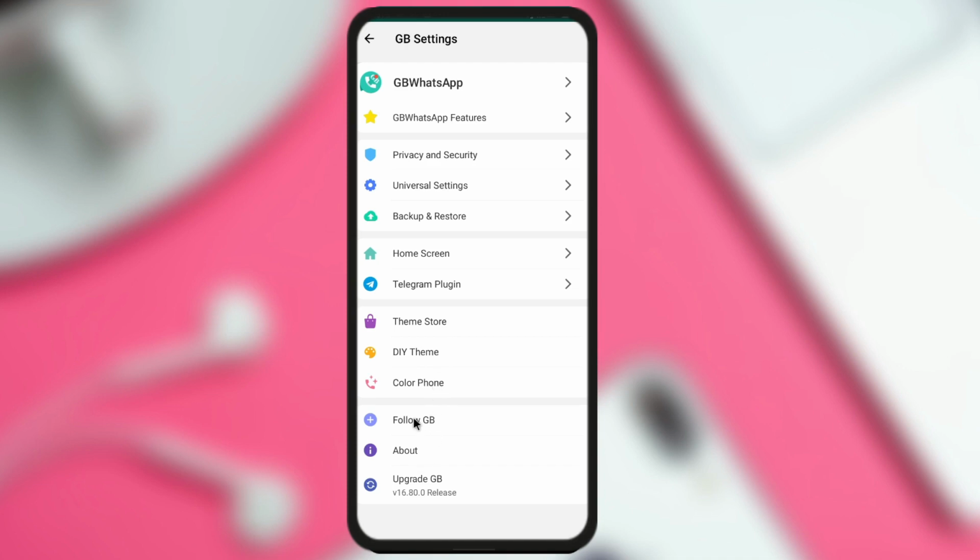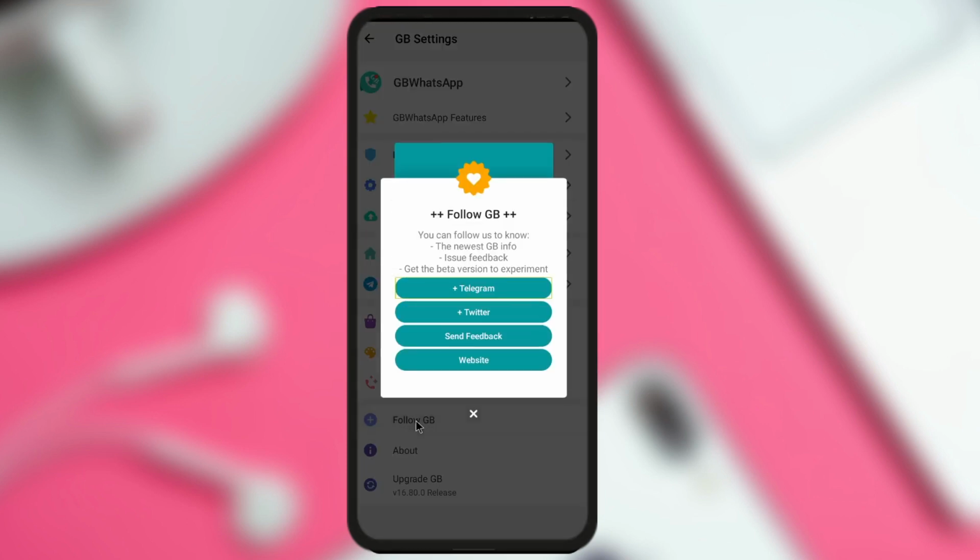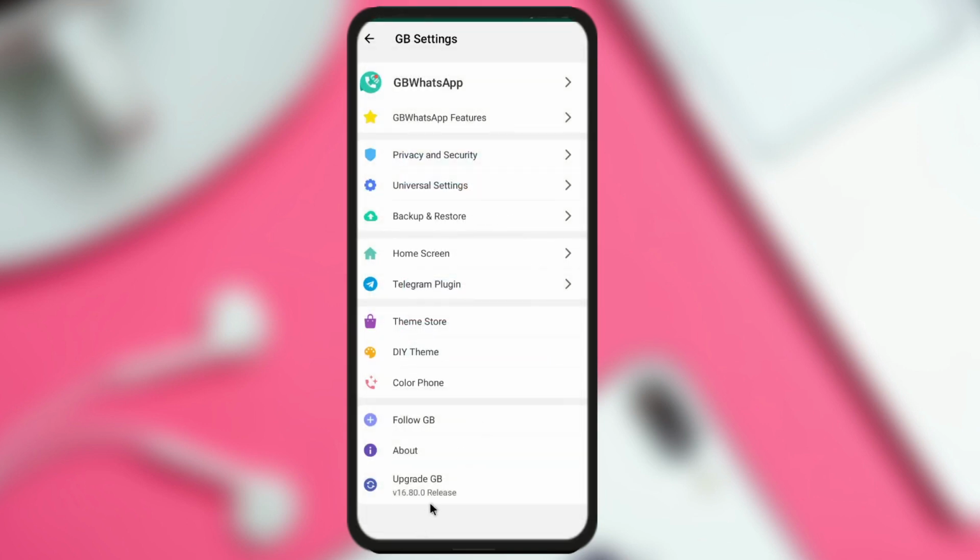And here you can see that if you want to visit their official website, click here. If you want to follow them in a Telegram group, click here; Twitter, click here; or if you want to visit the website, click here. So if you sometimes ask me to please give the website, whatever version you have, click here and follow GB version, and thereafter you will find the options. Choose any of them that you like, and thereafter you can navigate there. And at the bottom you can see that the about option is there.